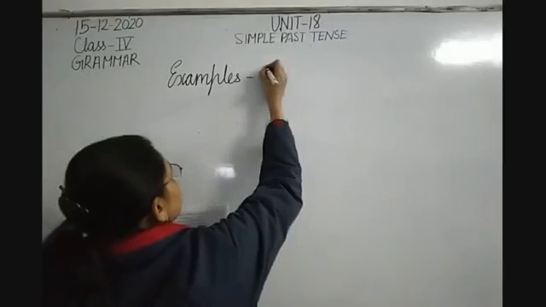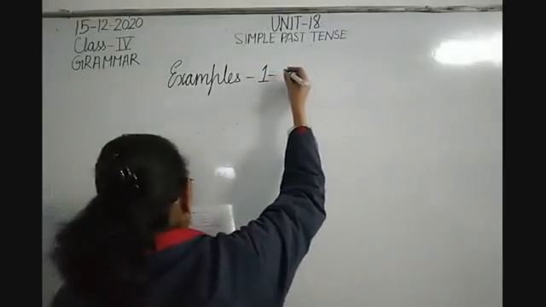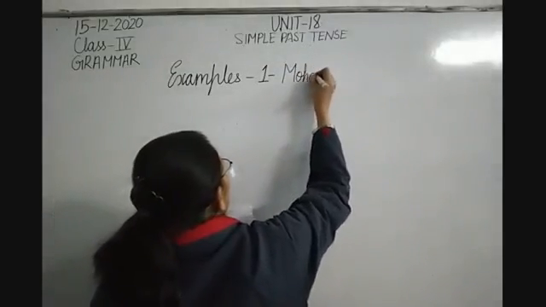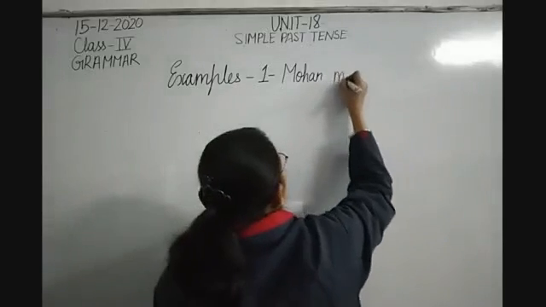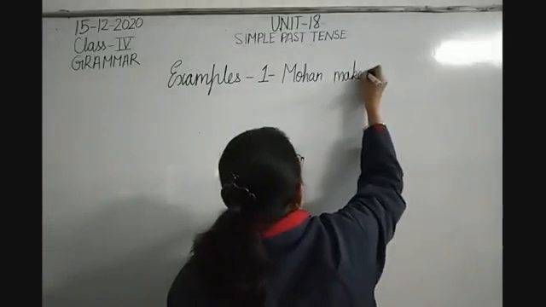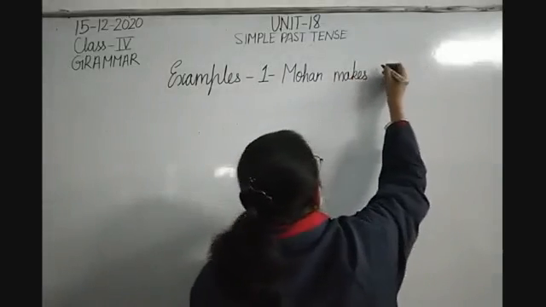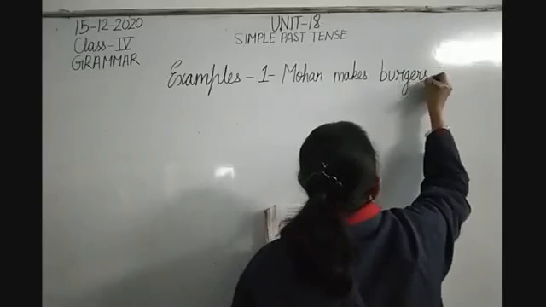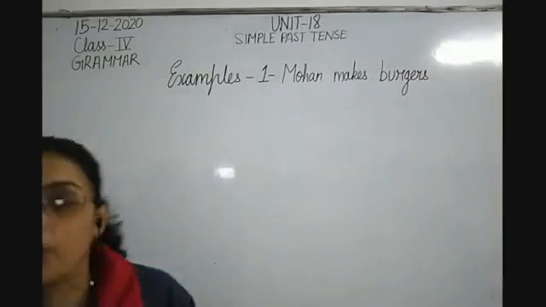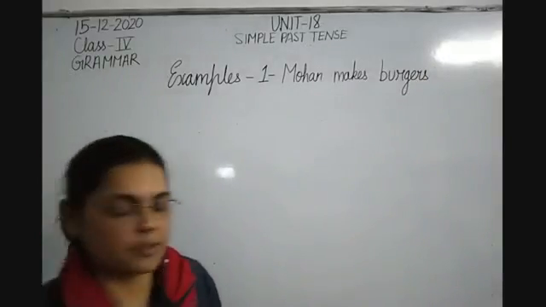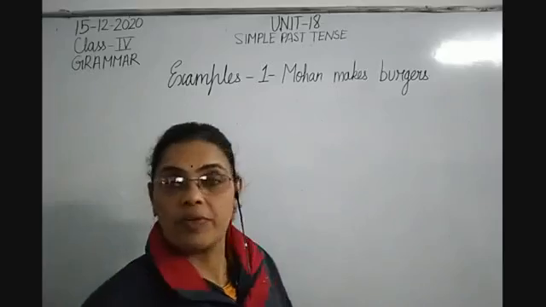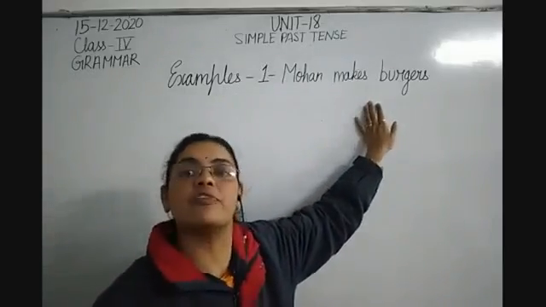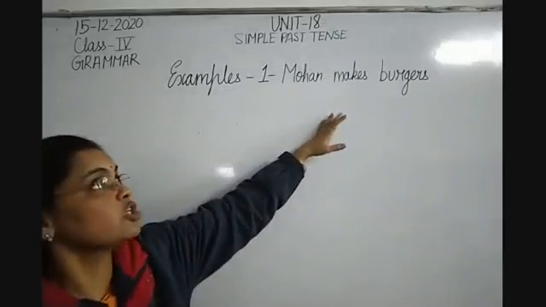Now, let's see the first sentence. Mohan makes burgers. Fine. Now, the first sentence is Mohan makes burgers. Now, what we have to do? We have to change this into simple past tense. The first thing we need to do is we need to